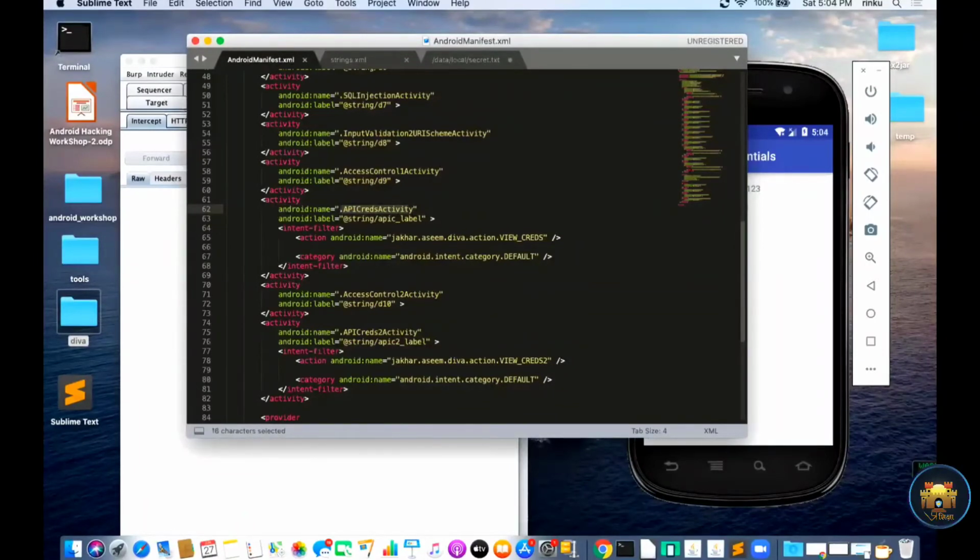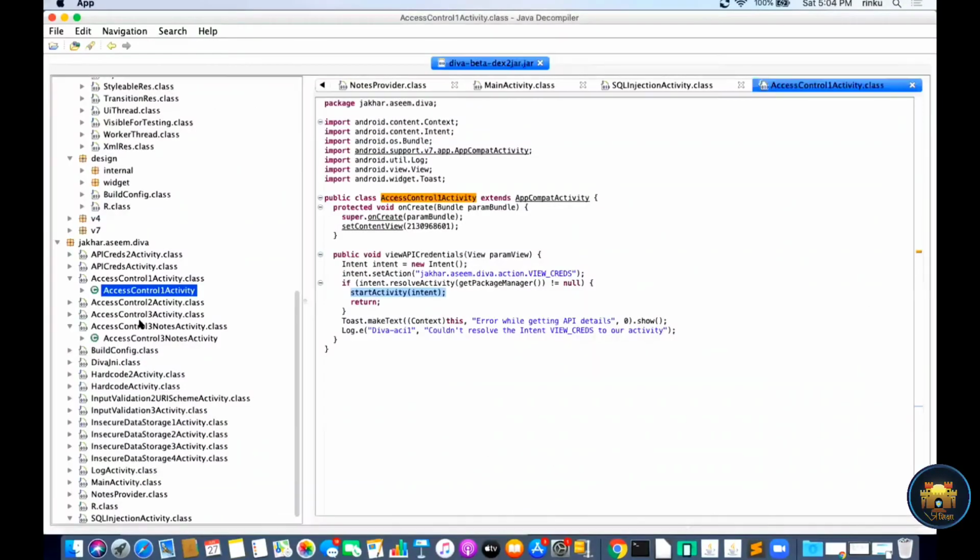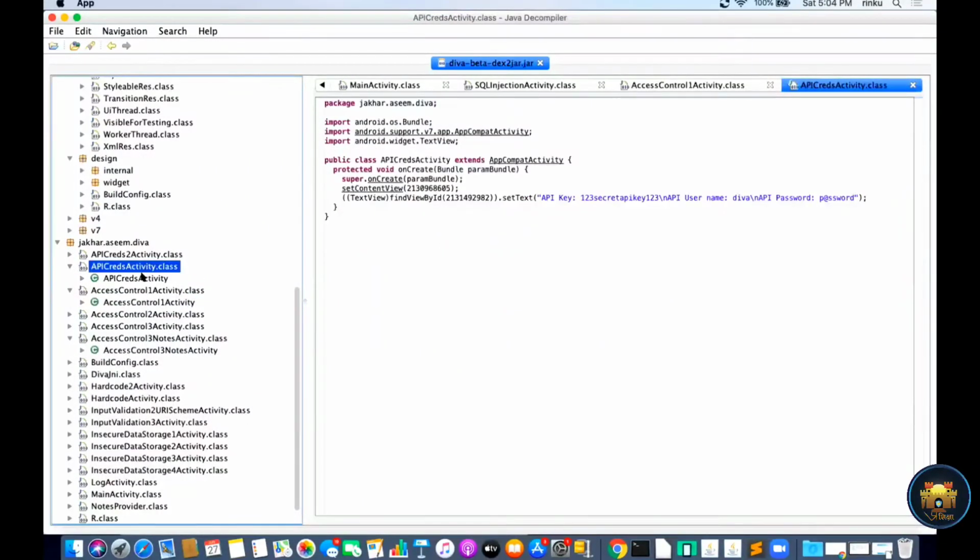Go to the Java source code. Here you can see the activity APICredsActivity. This is the function which is defined for a particular intent.